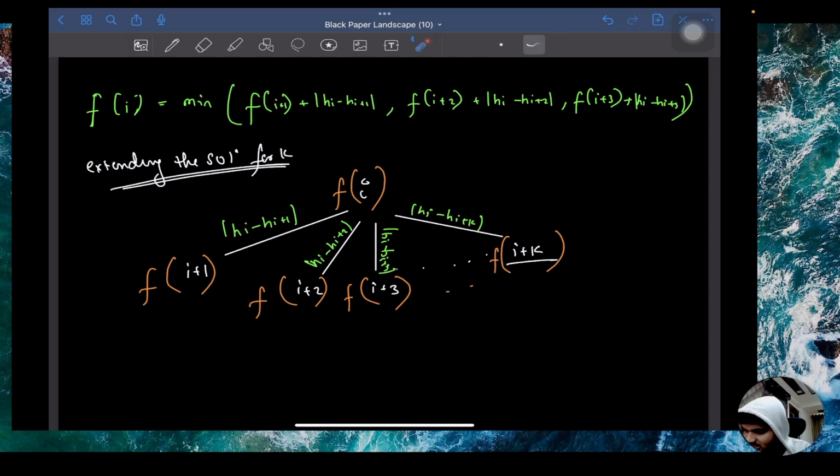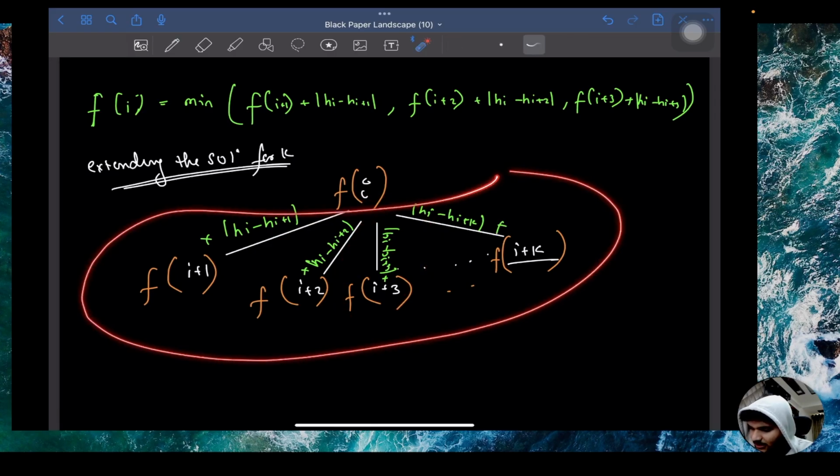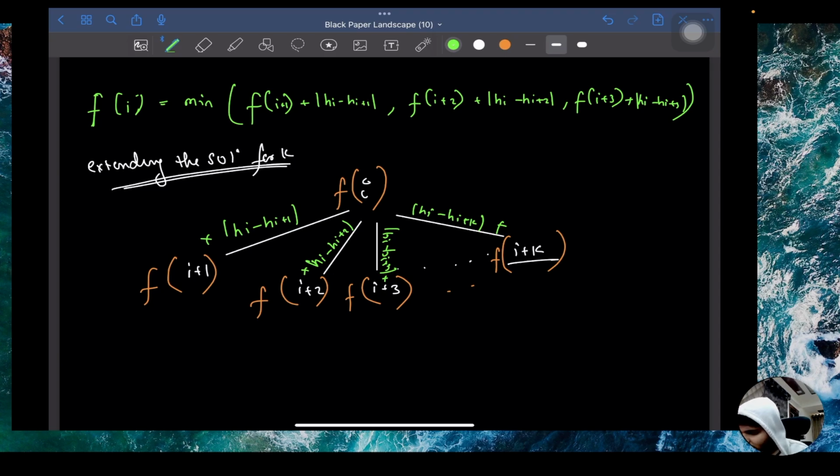Right. So I'll just add my cost. Now if I want to go from I to n via I plus 1, I have this cost. Or if I go via I plus 2, I have this cost. If I want to go via I plus 3, I have this cost. And if I want to go via I plus k, I have this cost. I'll just get the minimum of all of them. So I can say that